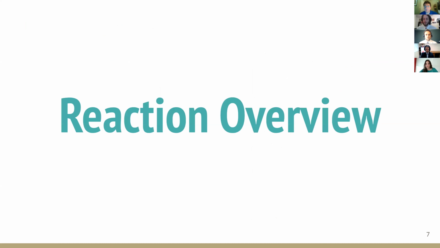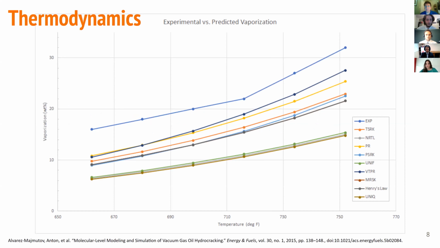Next, we'll go over the science behind all of it, which would be the reaction kinetics and thermodynamics review. To start off, we needed to ensure that we were modeling the interactions between the hydrogen and VGO correctly. To do this, we found literature data which described how much VGO was going to be vaporized as temperature increased. This chart depicts that line as well as the lines produced through KimCAD simulation under different equations of state. From this chart, you can see that our closest fit would be the VTPR equation of state,